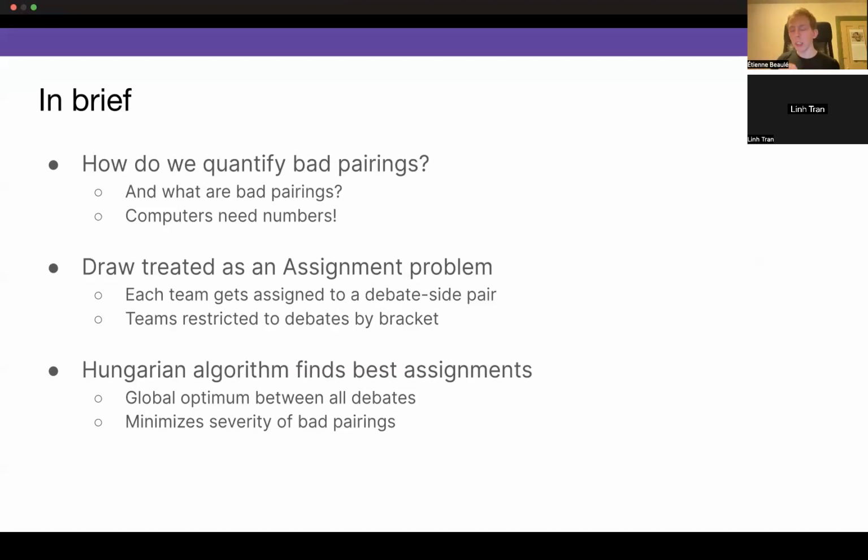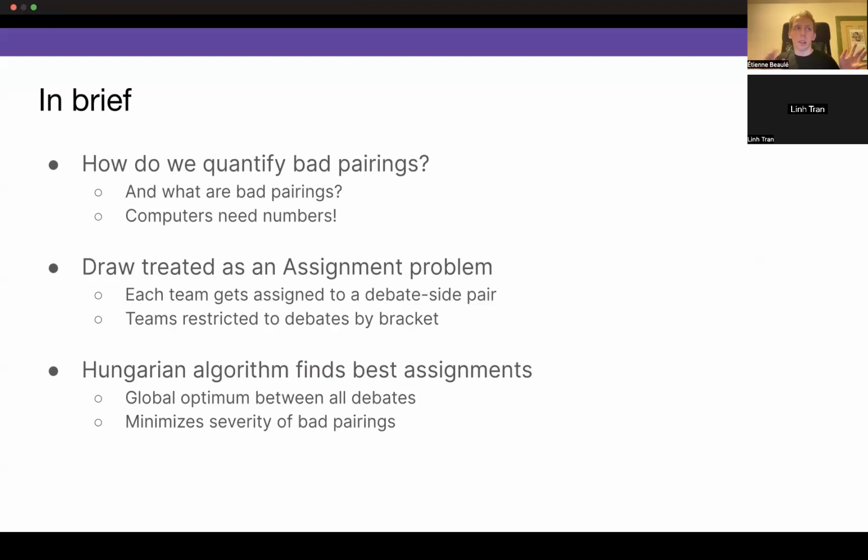So what we do is we treat a draw as an assignment problem. In graph theory terms, we want a bipartite graph between teams and positions, but what it really means is that we assign each team to a specific debate and side.